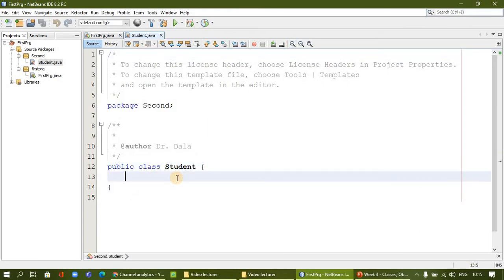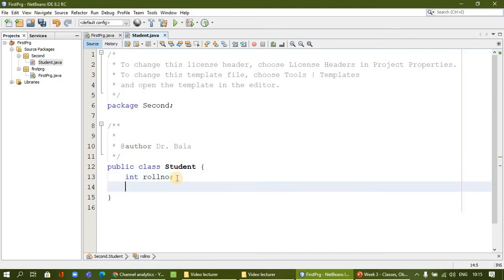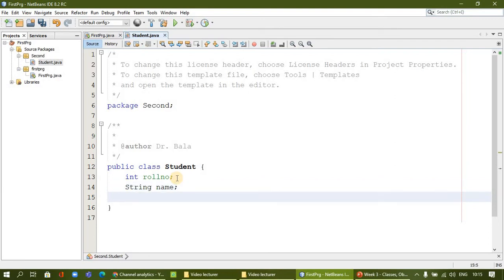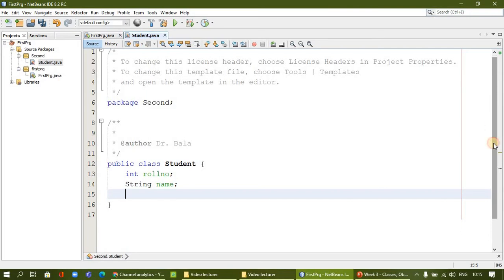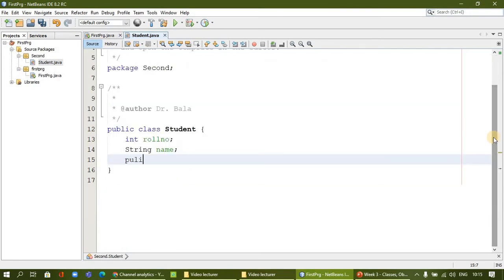Inside we are going to declare our member variables or the fields and our methods. For example, whatever we already discussed: an integer, for example, rollNumber, and a string name of the student. These were the variables we declared, and we had two different methods. For example, we had an insert method. So I say insertRecord. This is a method.